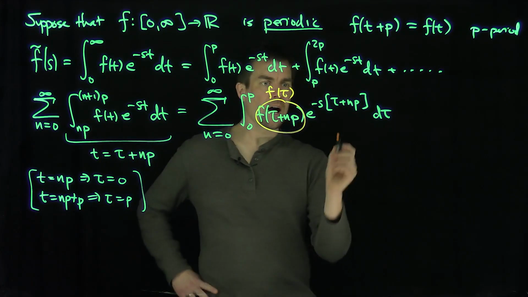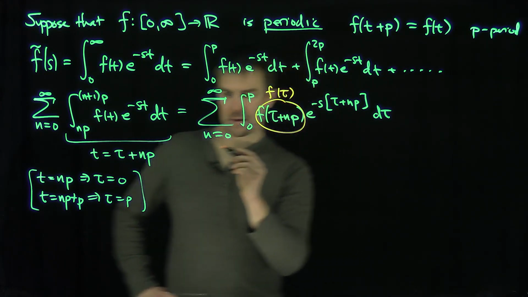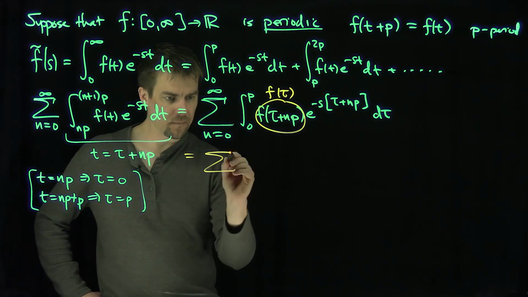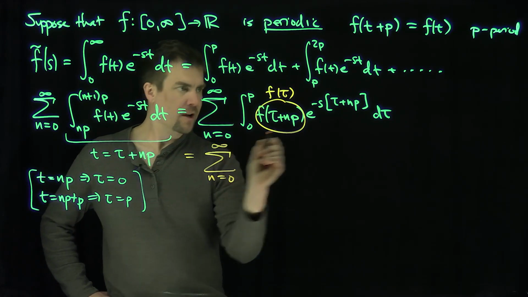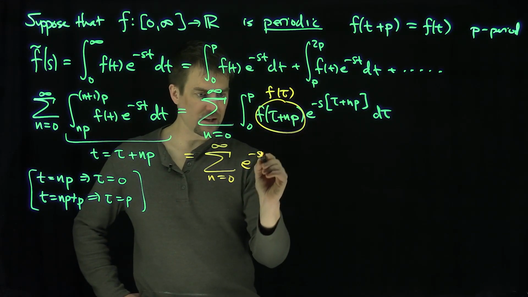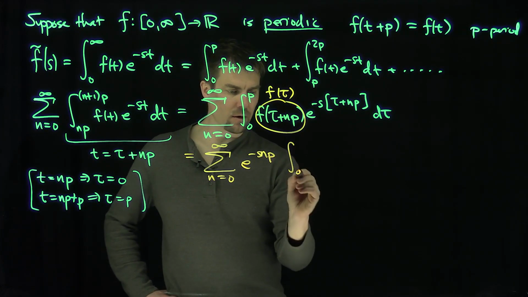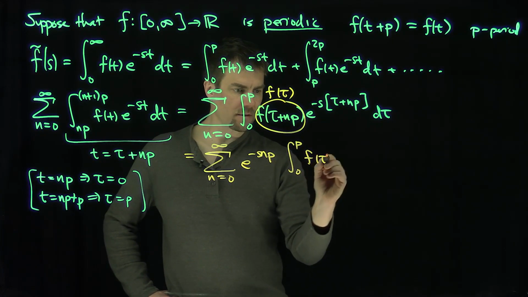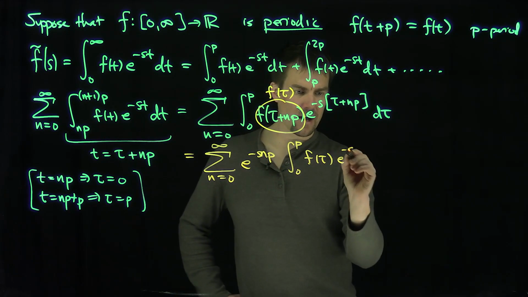Great. And so now I have an e to the negative s np, so I'm going to write this in the following way. This is the sum, n goes from 0 to infinity. This e to the negative s np does not depend on tau, so I can pull that out. That's e to the negative s np, and then the integral from 0 to p of f of tau e to the negative s tau